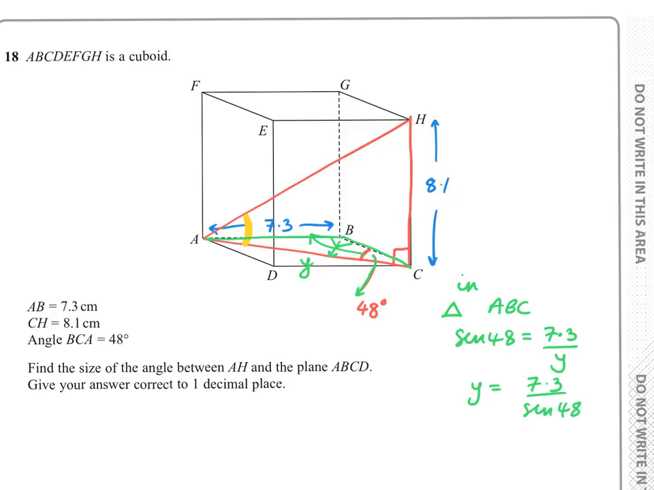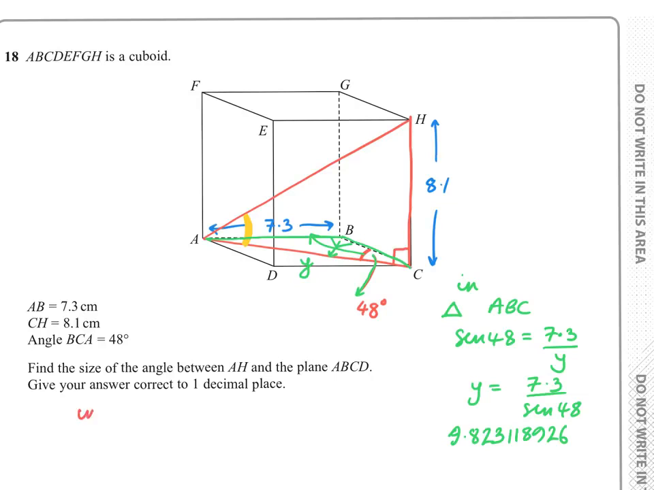And I'll do that on my calculator. So I've got 7.3 divided by sine 48, and that gives me, I'm going to write everything down, I suggest you always do this, 8.23118926. And so if I have that length there, then in the other triangle